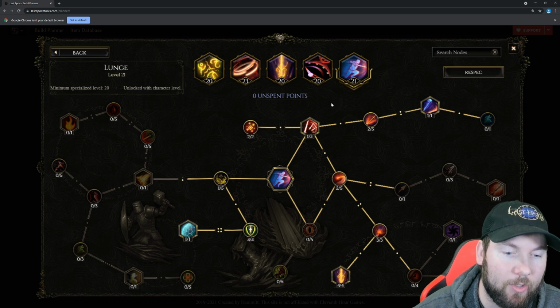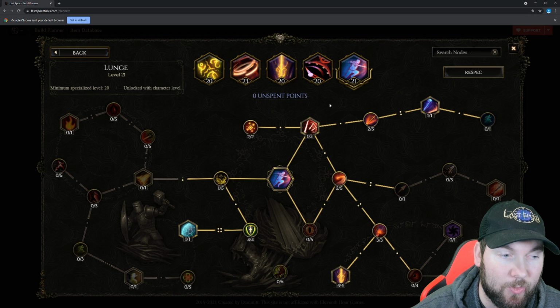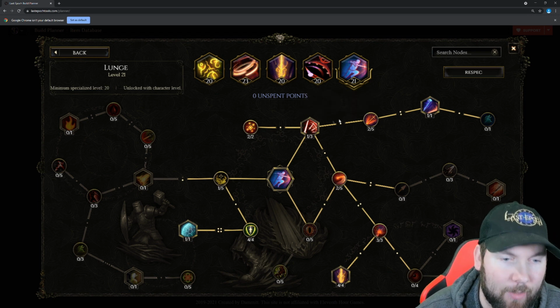For Lunge, we have Lunge set up to proc Smite. It's obviously still going to be our movement skill as long as there's a target, and then we also have it set up to be invulnerable and have 100% block while lunging. Don't know why you'd need both of those, it kind of seems like a waste, but